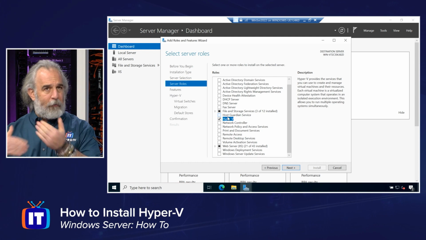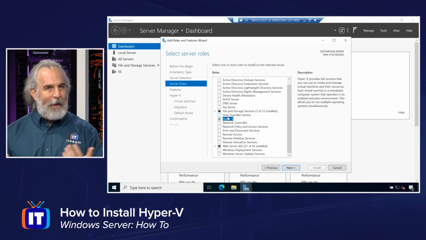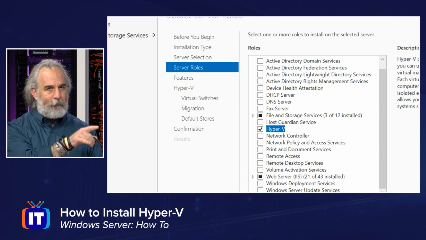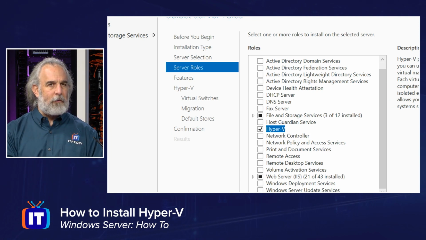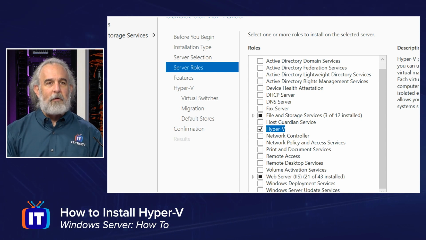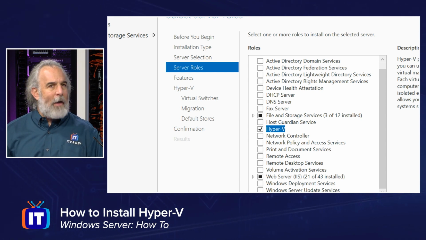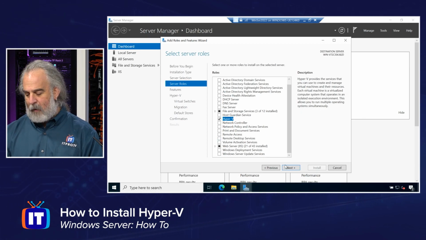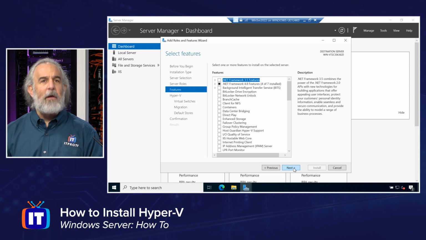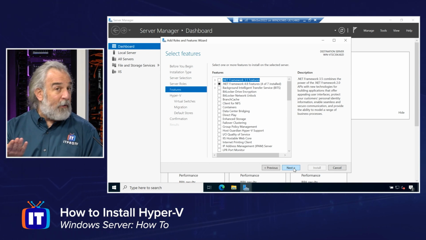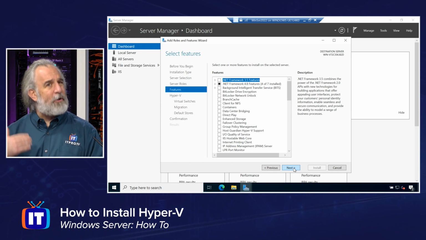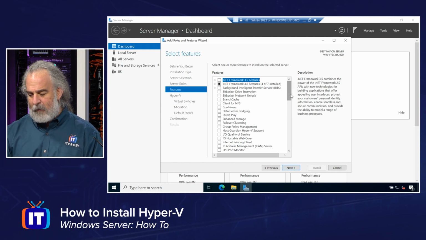And as a result, that pre-configuration check comes back and allows me to now get some additional menu options that I'm going to have to move through to configure Hyper-V: setting up virtual switches, migration for live migration, and as you can see, default stores, and then confirmation and ultimately installation. So let's take a look at what happens from here. We'll click Next, and you'll see we have our feature area. We don't have to make any selections. As you remember, we were just told, hey, install these features. We said yes. Microsoft's done all that for us.